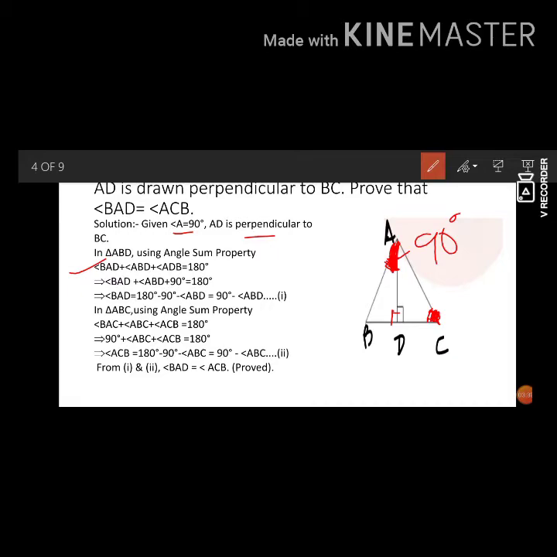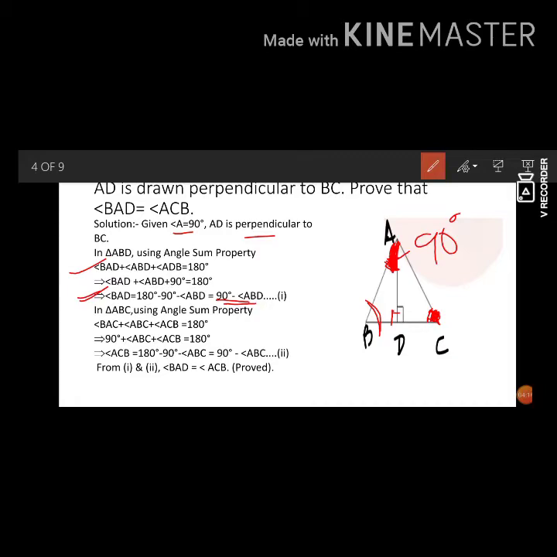So we have substituted the value. Now subject angle BAD. On subjecting angle BAD, we will get 180 minus 90 degrees minus angle ABD. 90 is of angle D. So on subjecting BAD, we will get 90 degrees minus angle ABD. Now angle ABD is this angle. We can say angle ABD and ABC are the same, since angle B is remaining the same. So let this be our first equation.